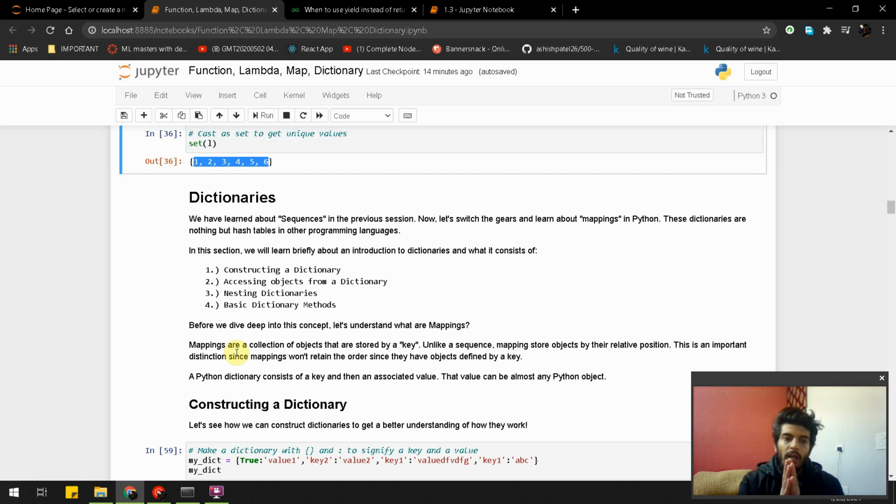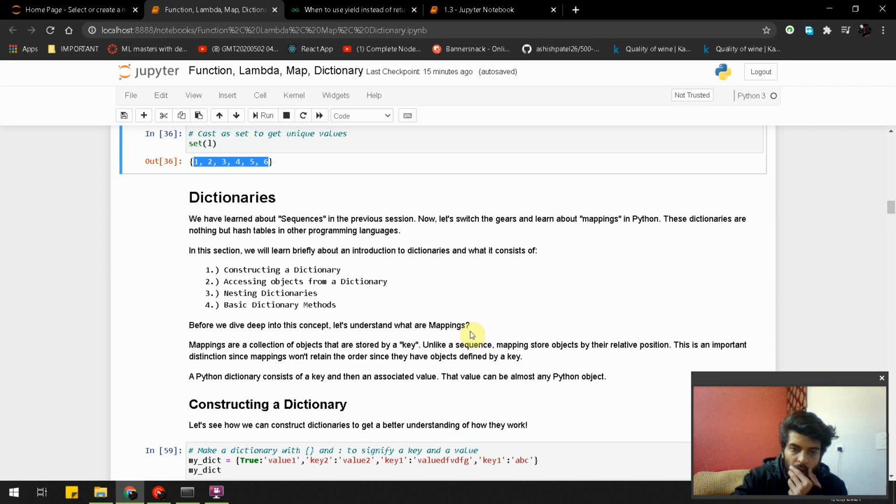These dictionaries are nothing but hash tables in other programming languages. In this section, we will learn briefly about an introduction to a dictionary and what it consists of, constructing a dictionary, accessing objects from a dictionary, nesting dictionaries, and basic dictionary methods.